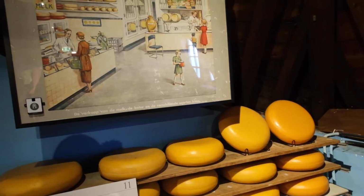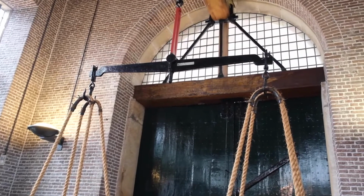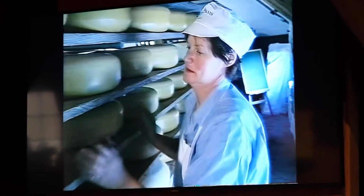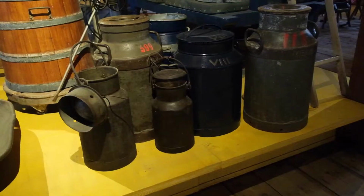Right next to the market square there is a museum called the Weighing Museum, where they have a lot of information about how they weighed the cheese, but also about pottery and about cheese in general. You can book a tour here. It's about €6.50, so fairly cheap, and they will show you around the museum,